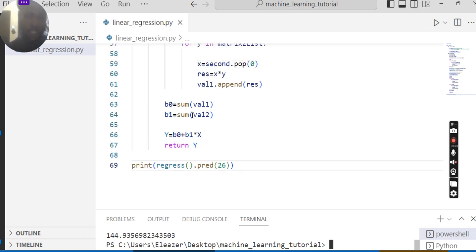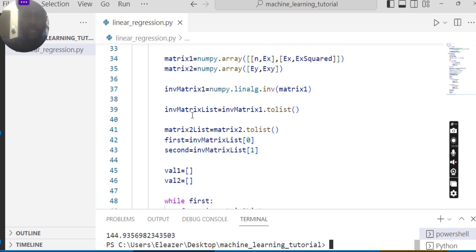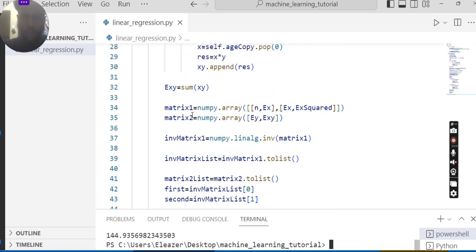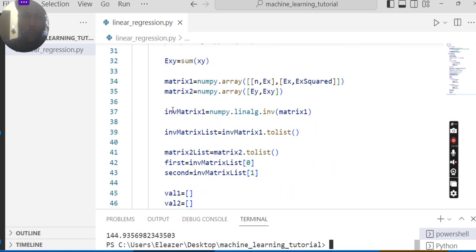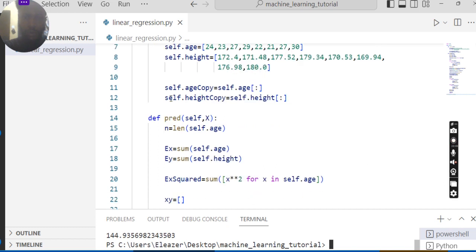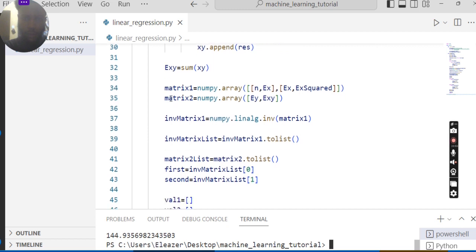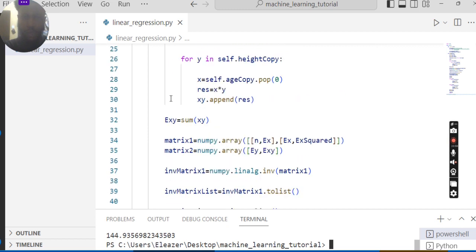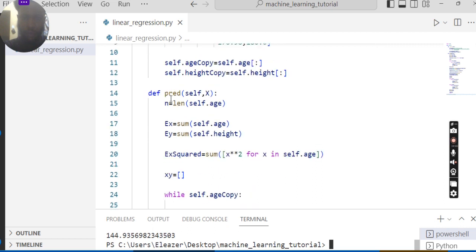Okay, so let's check our function. There was an error somewhere. Apparently that's why it keeps giving us the same results. Just check it. It was matrix 1. Okay, x squared. So the age